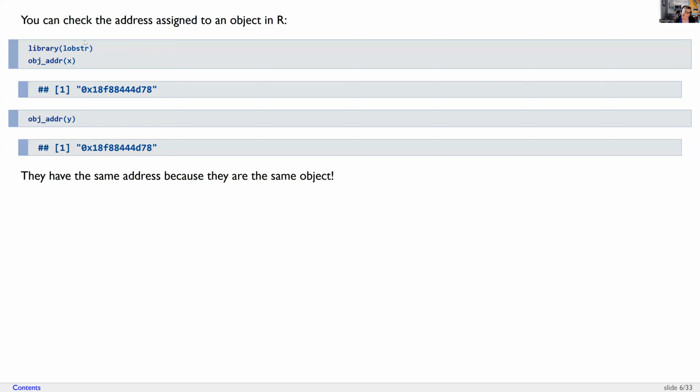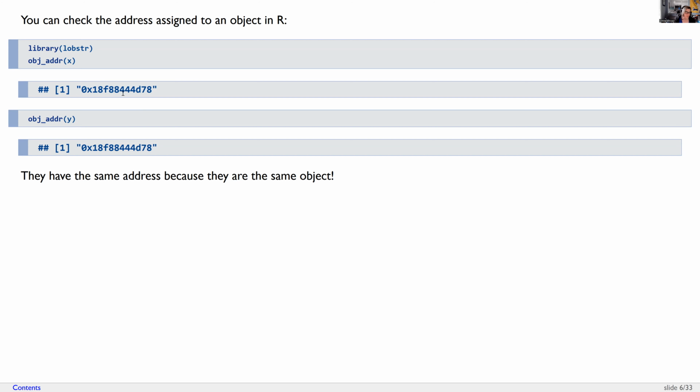So we have our identifier, which is the name that we've bound to it, but then R actually has a hidden secret name that it uses that's a lot longer and harder to look up, and it's going to change if you do this again after closing R. So this is something that's behind the scenes. But if we look at the object address for both X and Y, it is the same because they're the same object. This was mind blowing to me